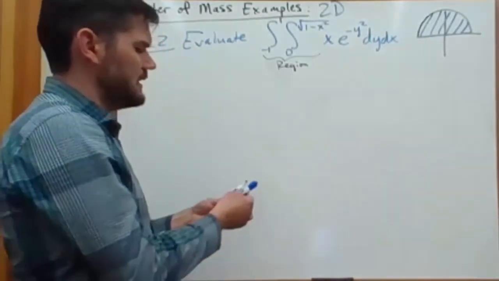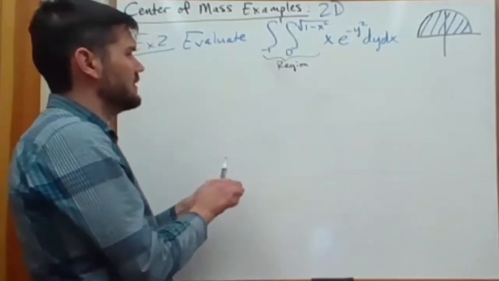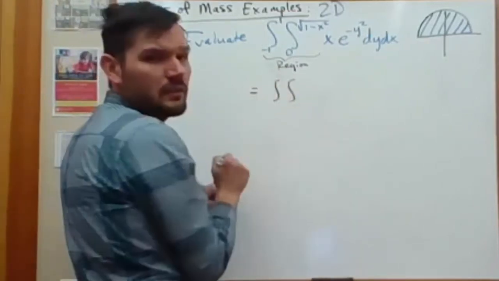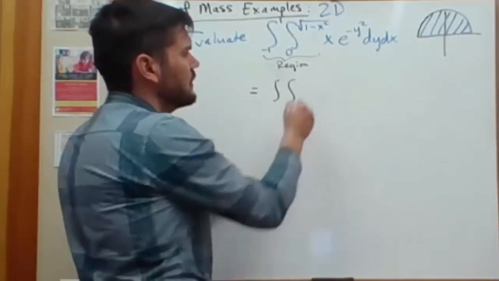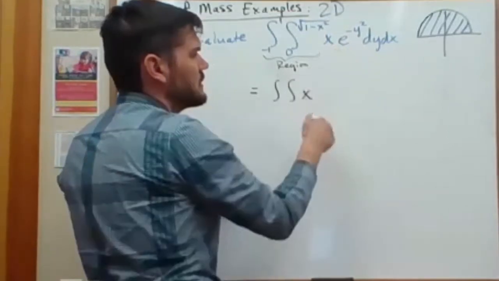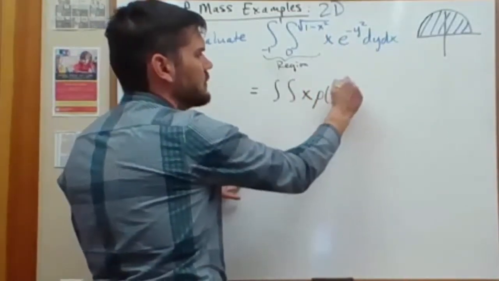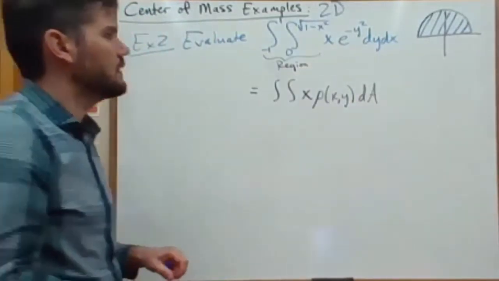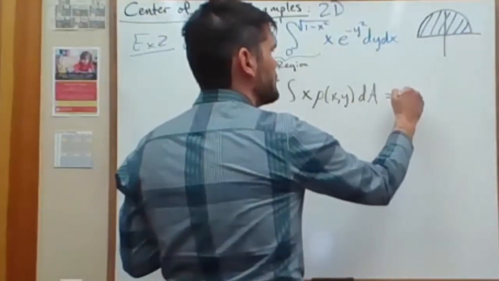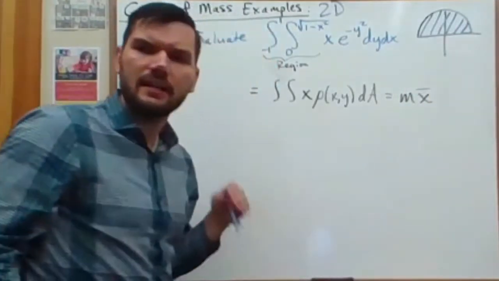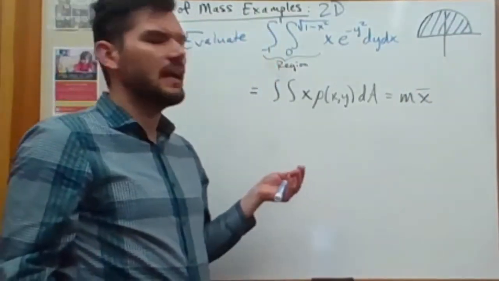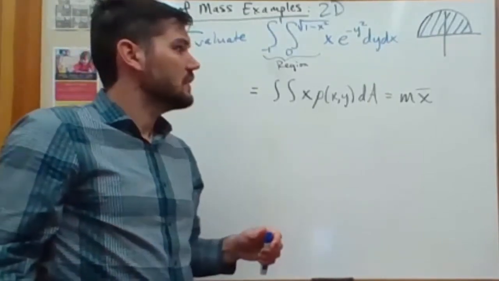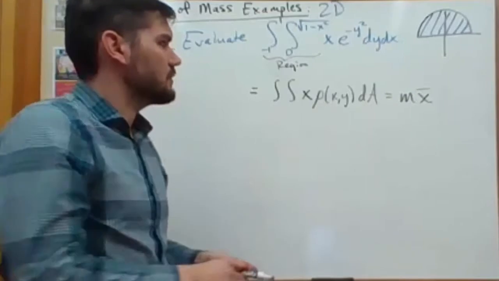So what we can do is think of this as a double integral over a region of x times some density function of x and y, dA. So this is the x moment, or say m sub y-axis. And this density function